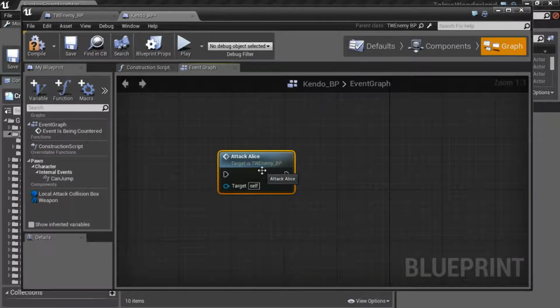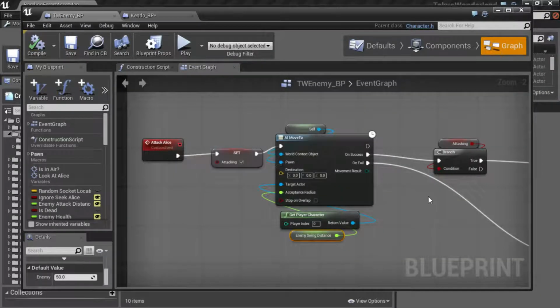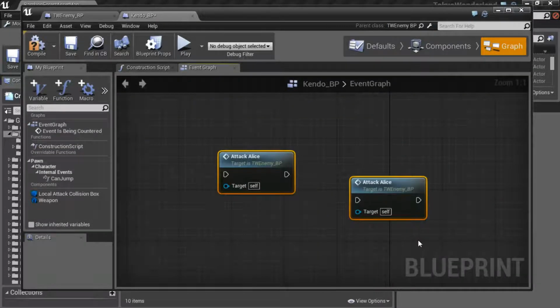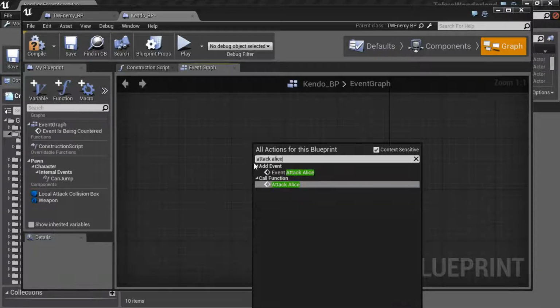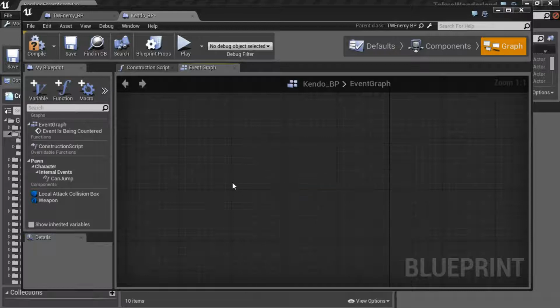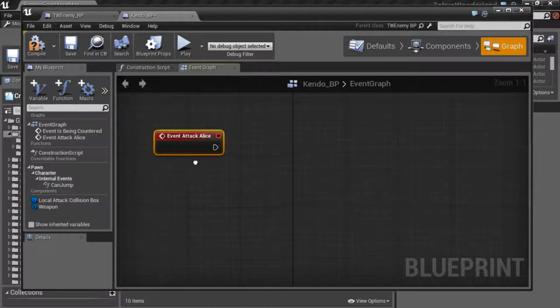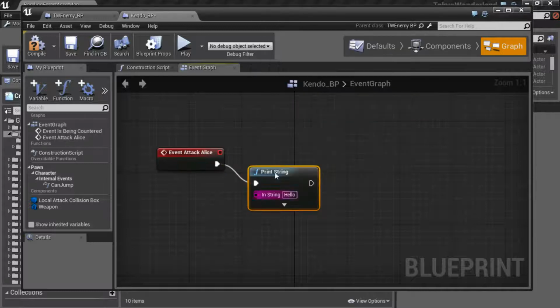And it's nice that we can do that anytime we want to in this parent script. So we can write something that then will call back to the parent script and go on to find a correct distance and go on to attack. But in this case, what we're looking for is to override it. That's this event attack, and this one's red, so this is the main one, and the blue ones can be created as many times as you want. They call back to it. And say we have someone who doesn't actually want to attack Alice, just simply wants to say hello. Well, we can do that in this child blueprint,